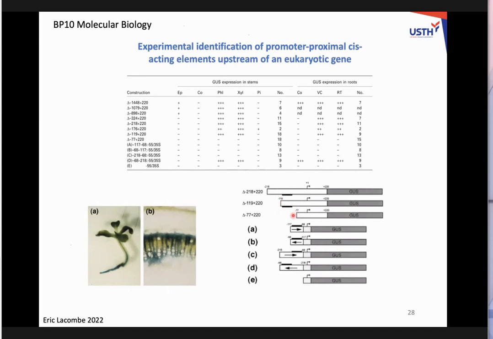But we don't know if they are sufficient. Sufficient means autonomous. Okay? So there is another, additional experiment that needs to be done to prove the sufficiency of this sequence in driving the activity of the promoter. So the idea is,